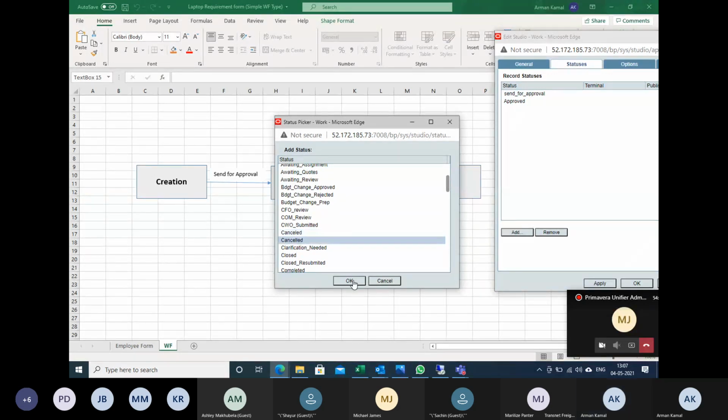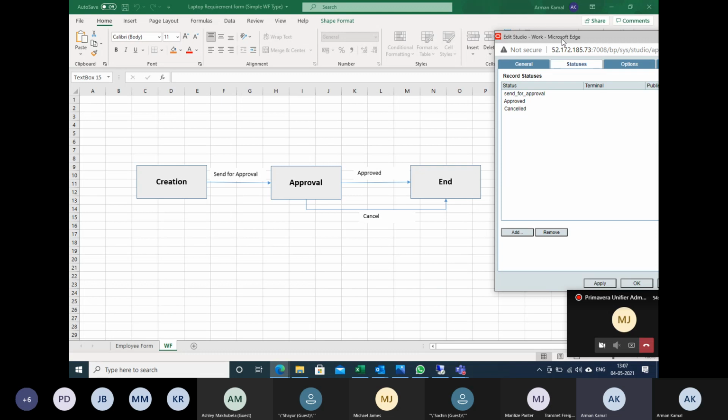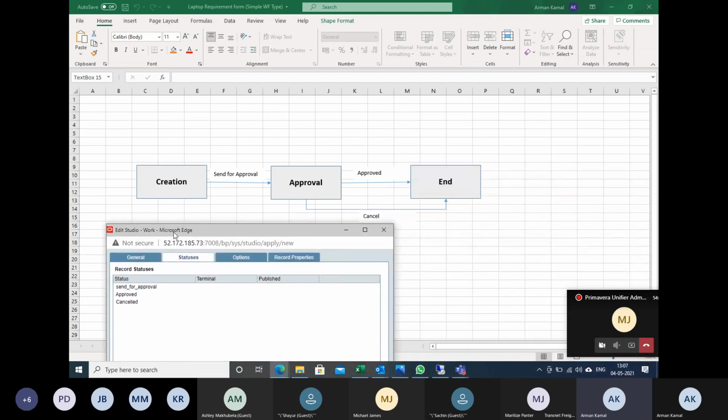Okay, cancel. Now I can see that there are 2 statuses where if any user selects that, it will terminate the record. That means it will end the record. So approved and cancel both are the terminal type of status.